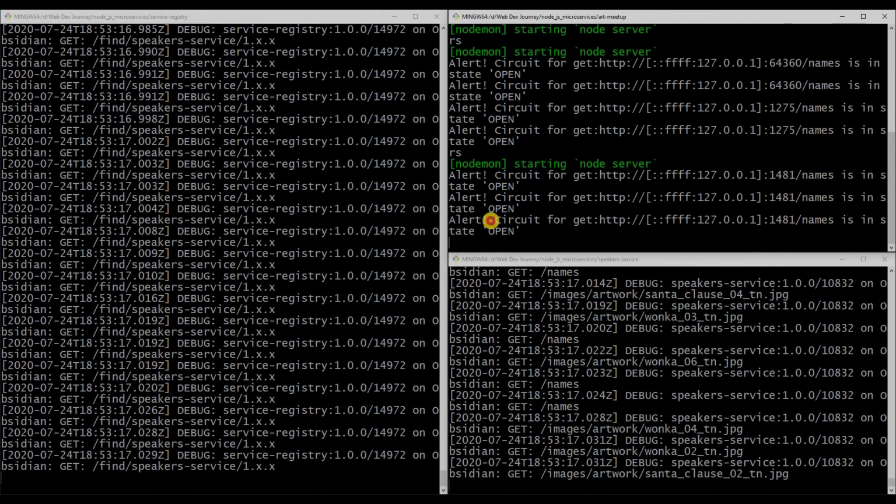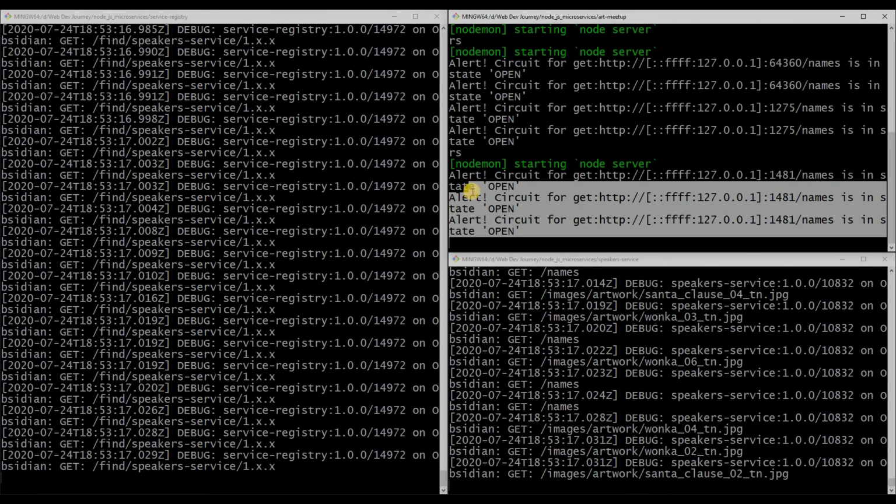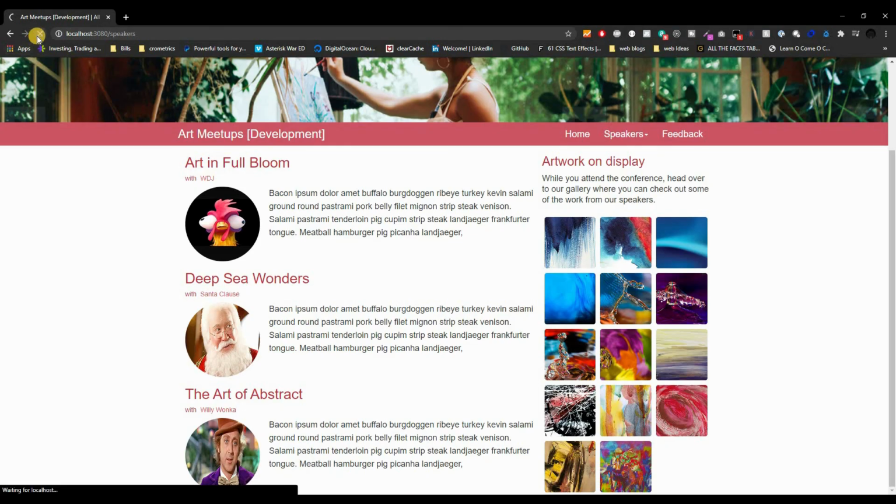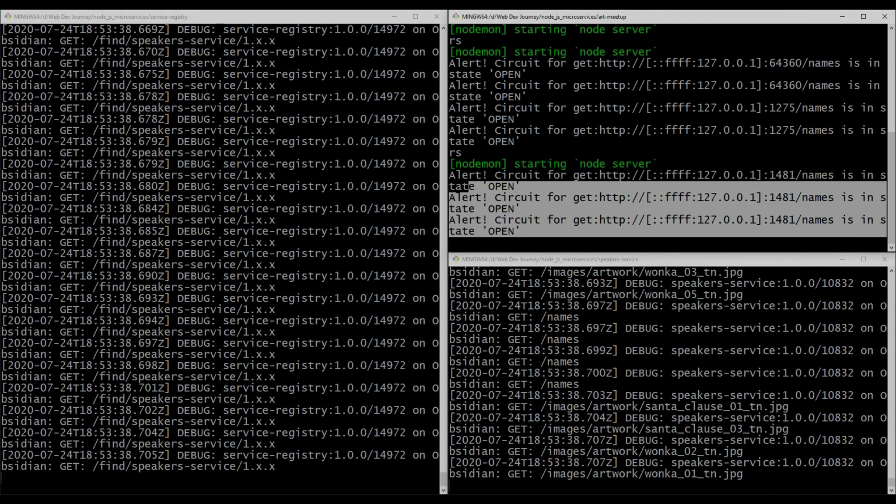And check this out. We're in the open state right now, the circuit open, so you know that something broke, which is the names service, which is okay. But you know that broke, and yet it's still working. We're still grabbing everything, which is awesome, right? All right, now that we have a cache version for anything that's not images, let's make a cache system for